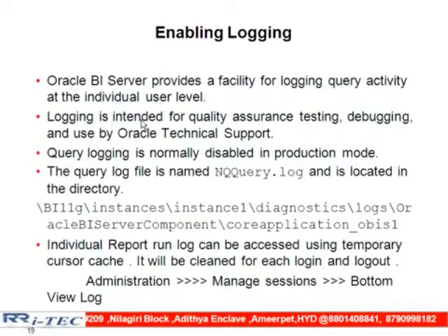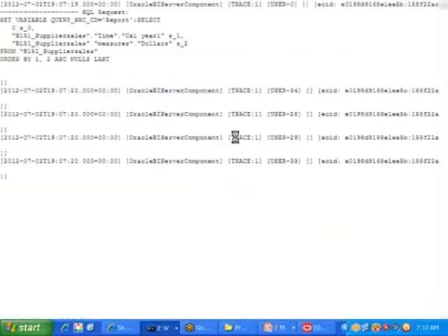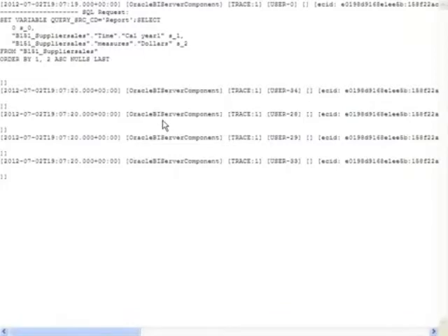Next. Logging is intended for quality assurance, testing, debugging, and use by Oracle technical support. What is the meaning? Suppose I ask a question, this report is wrong, then you go back and need to see the SQL, right? Of course, here I don't have the physical SQL. Did you observe? Is it my physical SQL, sir?